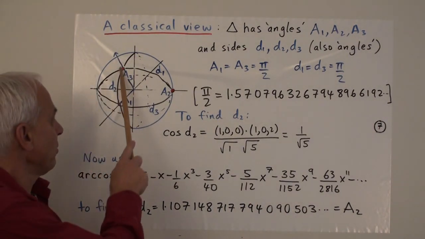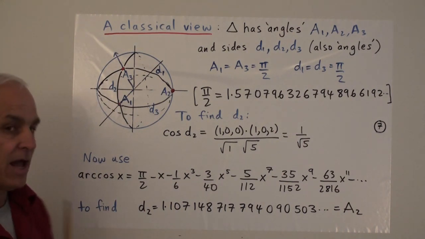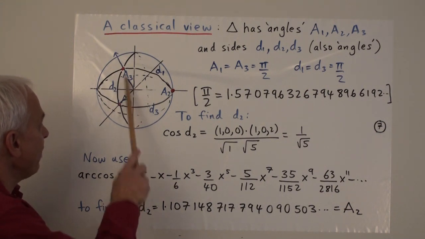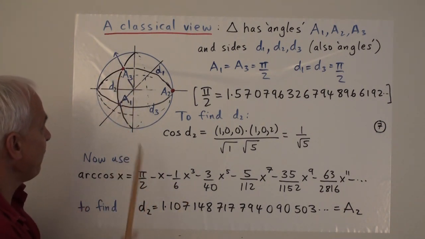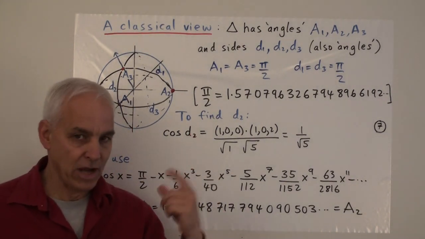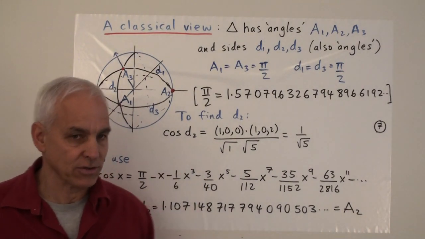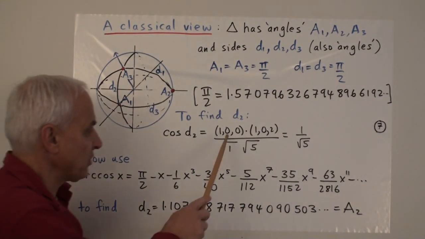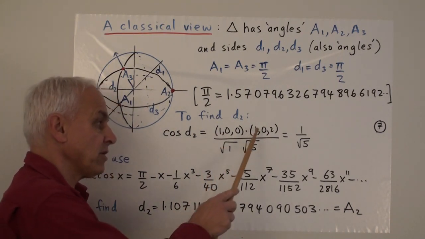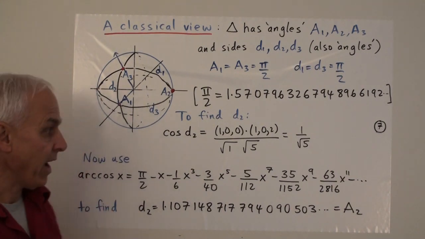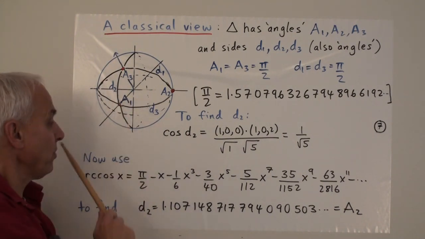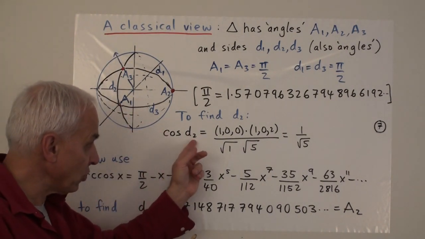Now what about D2? How do we calculate that classically? So we have two vectors, this vector v1 and vector v3. The classical formula for this D2 is the angle formed by those two vectors. And undergraduates learn the formula for the angle between two vectors. What you do is you take the two vectors, you take the dot product, then you divide by the length of the first vector times the length of the second vector, and all of that is the cosine of the angle. Right? So this D2, which is an angle, has the property that cosine of D2 is this quantity here.